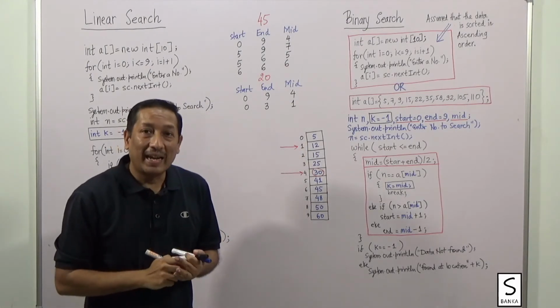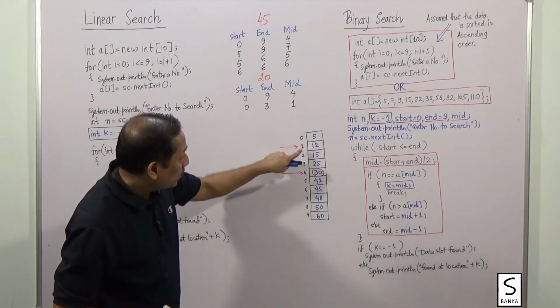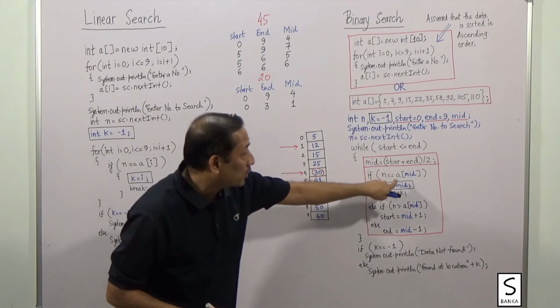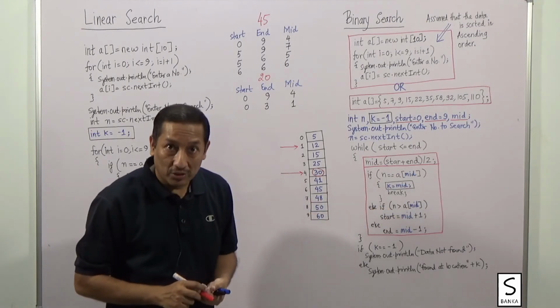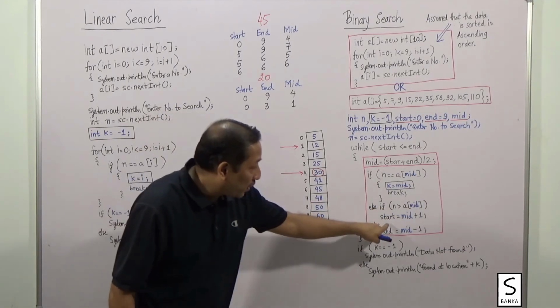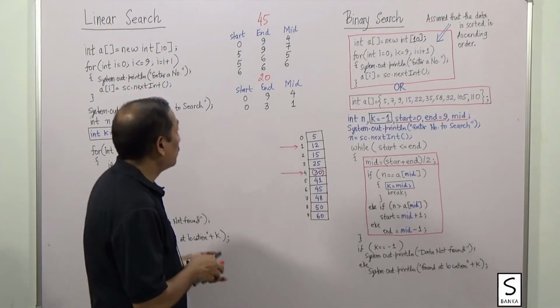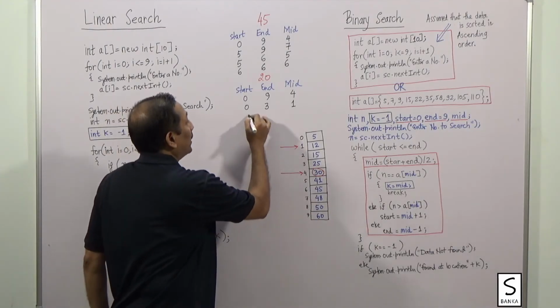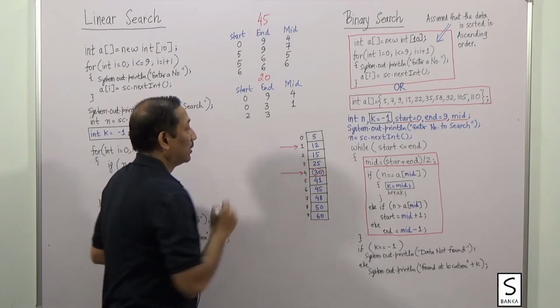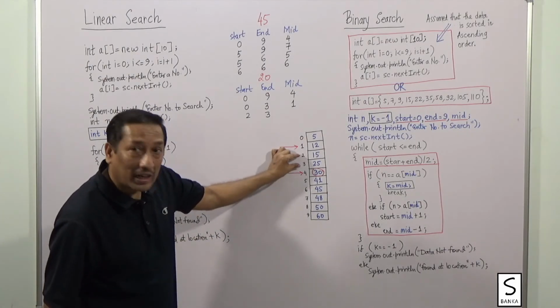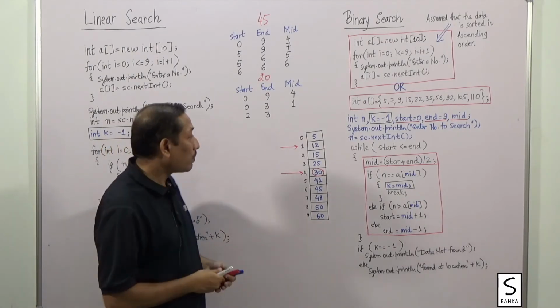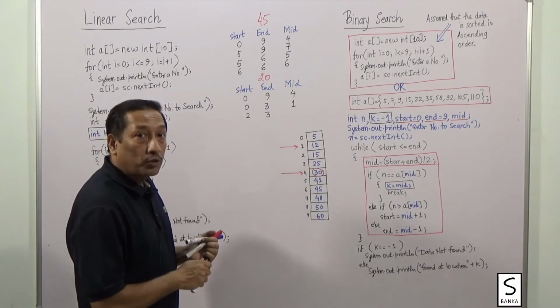Is my data at A1? Is 20 equal to A1, that is 12? Is 20 equal to 12? No. Is 20 greater than 12? Yes. Now since it is yes, the value of start needs to be changed. So the value of start now becomes mid plus 1, that is 2 and 3. So you can clearly see, if my data is there, it will be in this range, otherwise my data is not there. The midpoint of 2 and 3 will be 2.